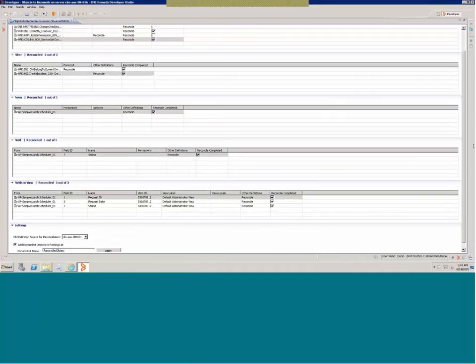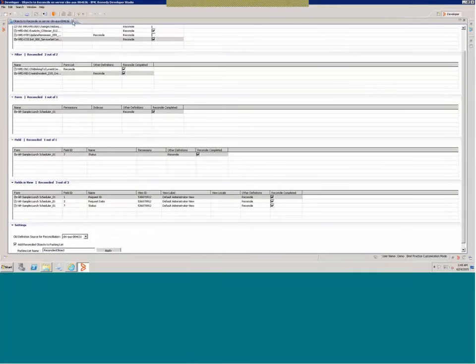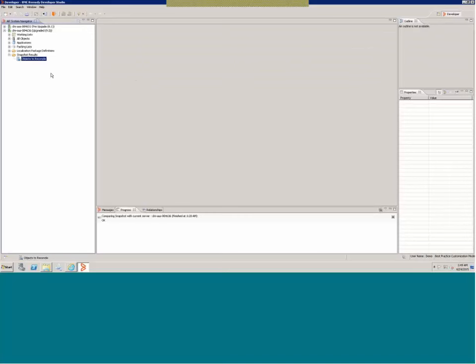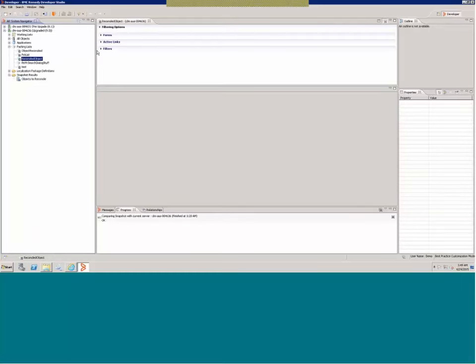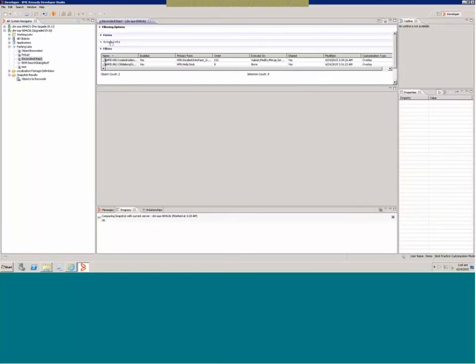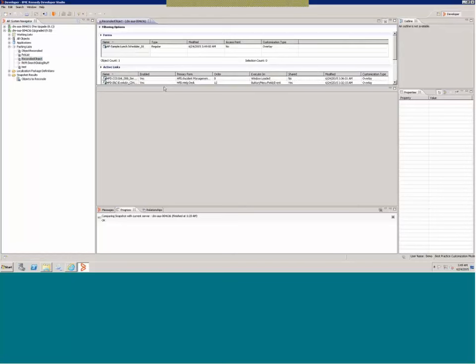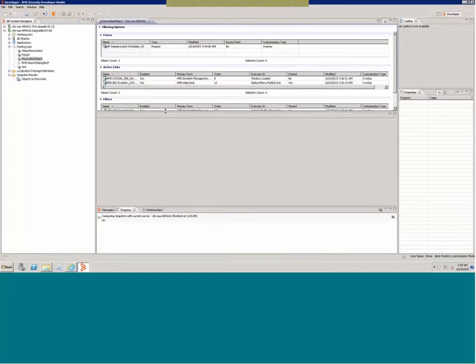So with that, we have covered how we reconcile using the AR reconciliation tool. Let's look at the packing list which we specified. And if I click on it, all those objects which I have marked as reconciled are now part of this packing list.